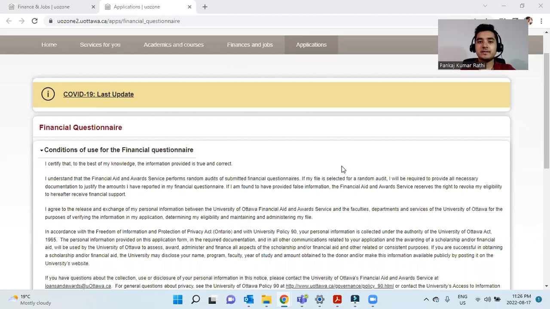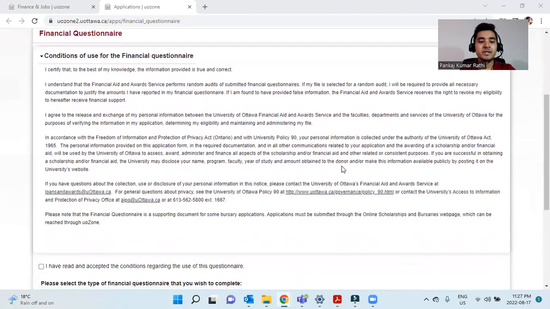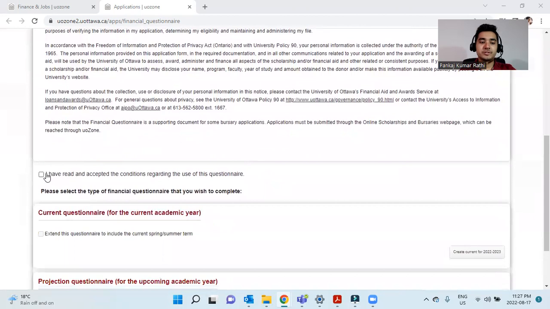In order to get that, the first and foremost step is to fill the financial questionnaire. There were different questions asked by the students, so I thought I'll go ahead and explain each and every question that is asked in the financial questionnaire so that it becomes easy for you. So let's go ahead. First of all, go to the financial questionnaire section, which is present in the applications